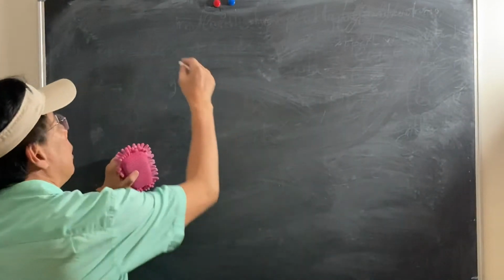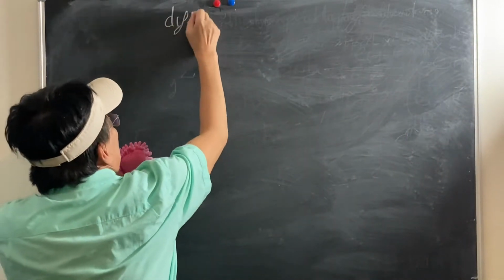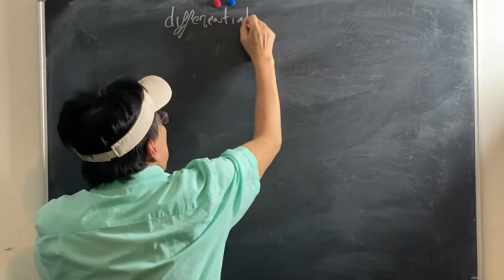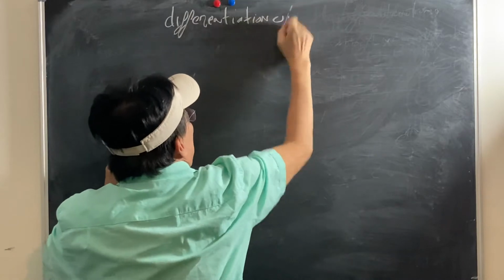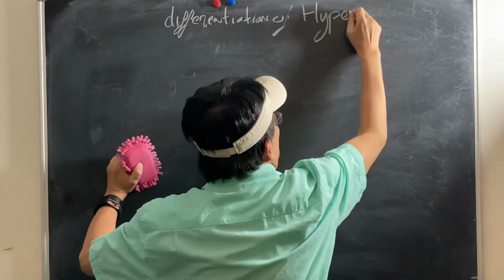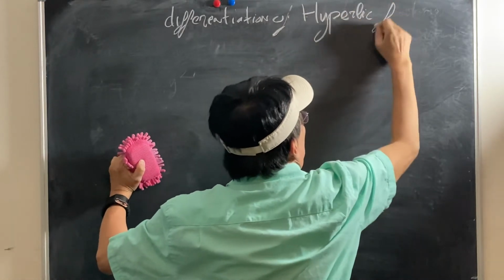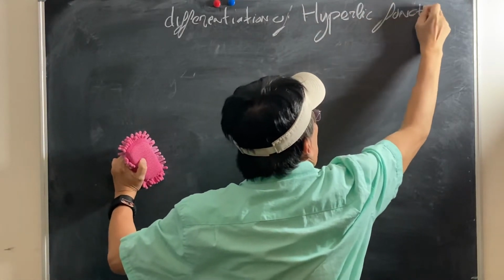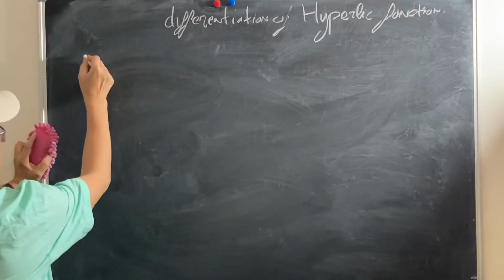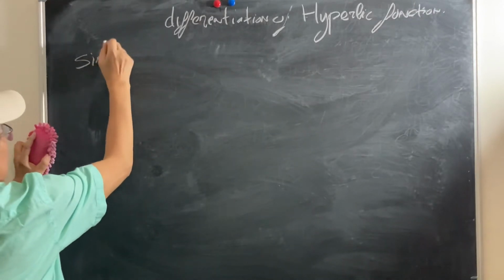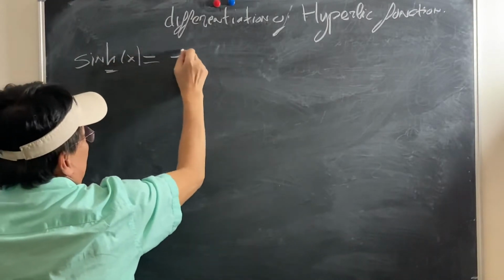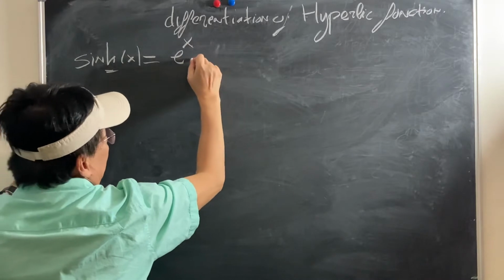Today we will study differentiation of hyperbolic functions. What is a hyperbolic function? The hyperbolic function is defined by sinh of x, which is equal to e to the x minus e to the minus x divided by 2,